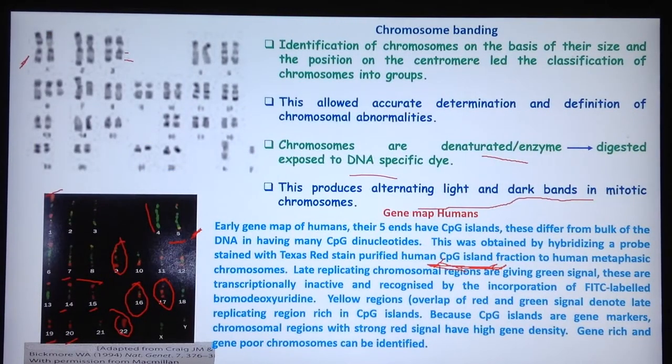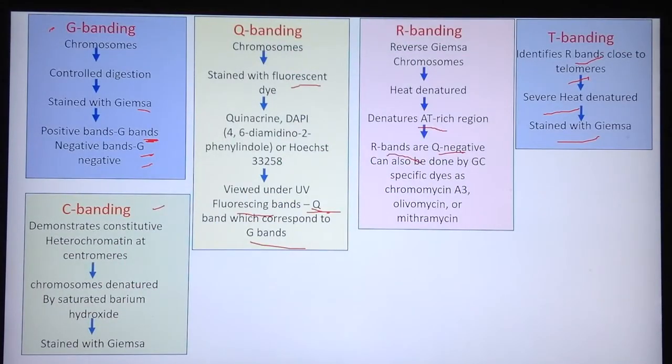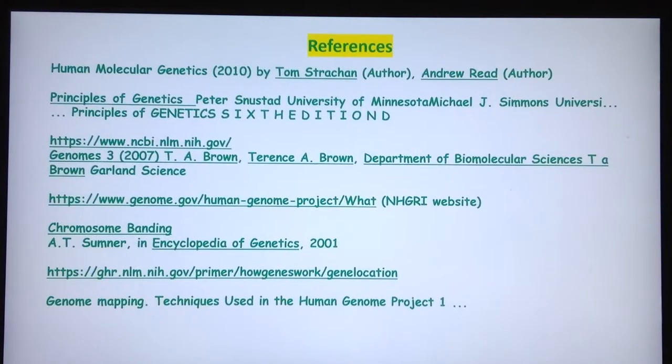Now these maps are useful when we have to tell about gross chromosomal abnormality, aneuploidy, or when there is a smaller number of chromosomes, a greater number of chromosomes, or a particular arm of a chromosome is missing. So this map is very useful for that kind of information, and these are some of the methodologies which are useful in chromosome banding. This is a selected reading for chromosome banding and structural genomics.